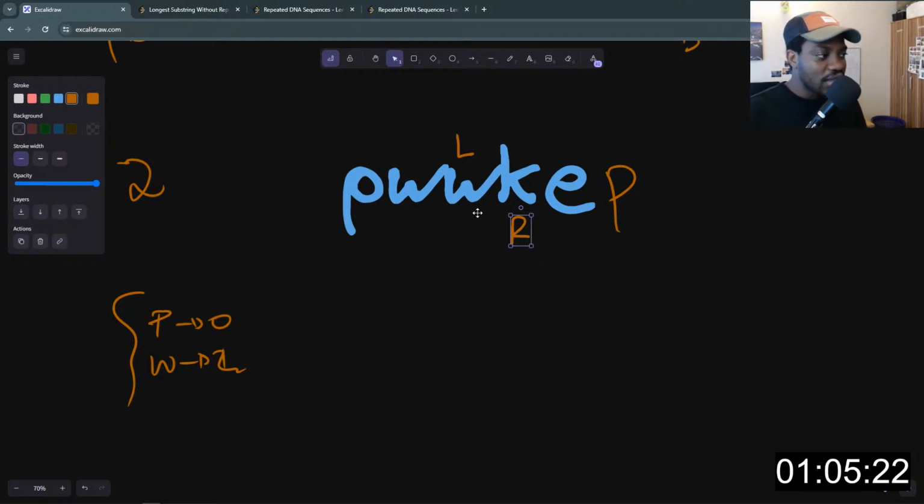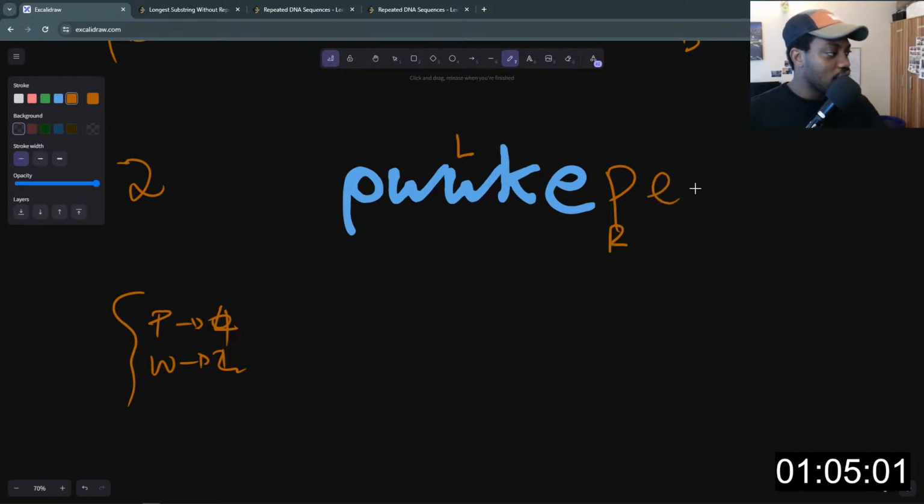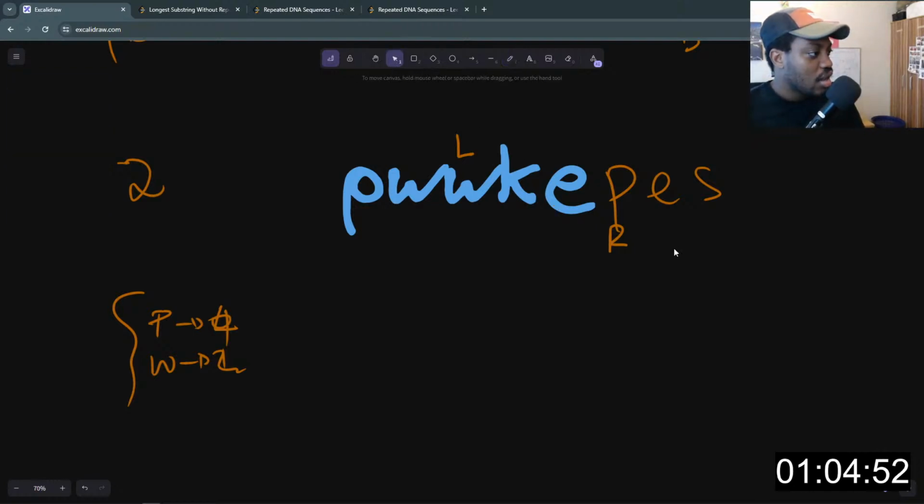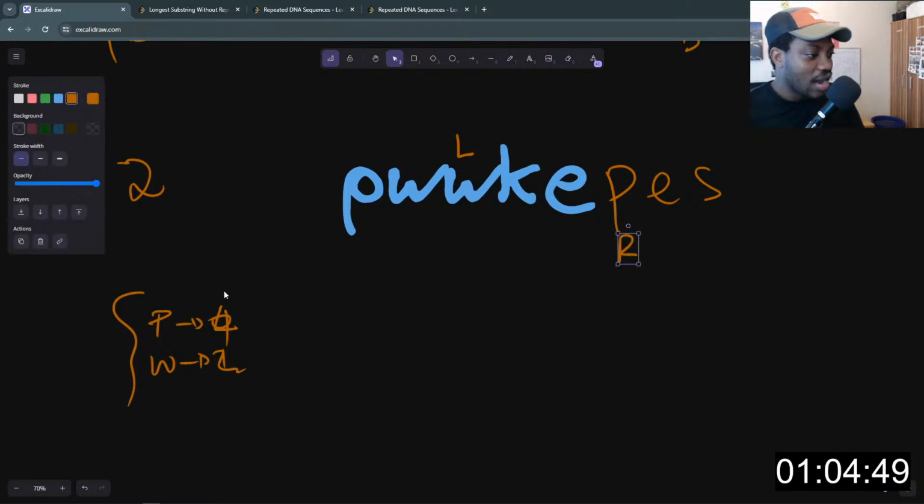So now when we move the right pointer towards the right here, we have WK, and then E, and now P. P was previously 0. So what do we do at this point? We need to update P to 4. And imagine we had more characters like S. Let me just put PES. Now, when R is at this point and we updated P to 4,